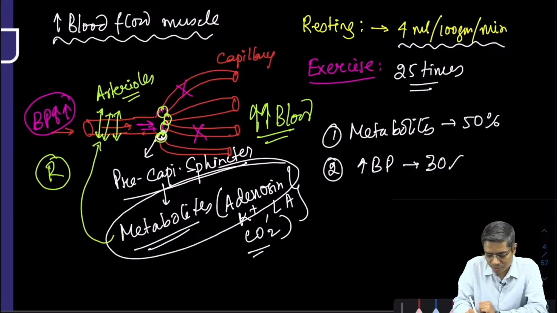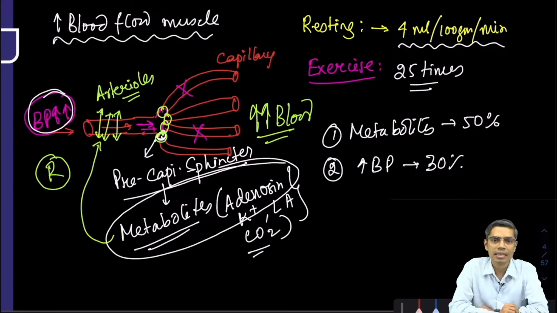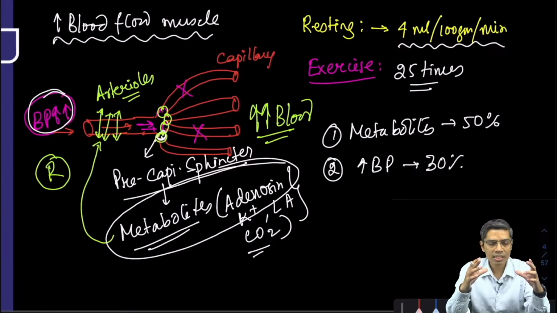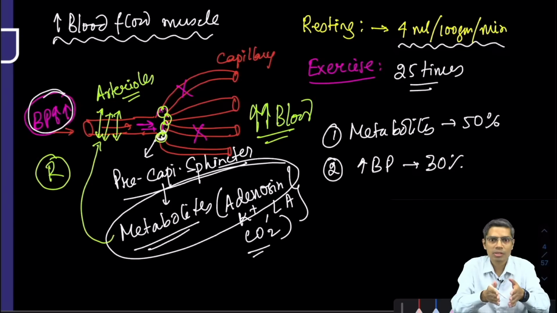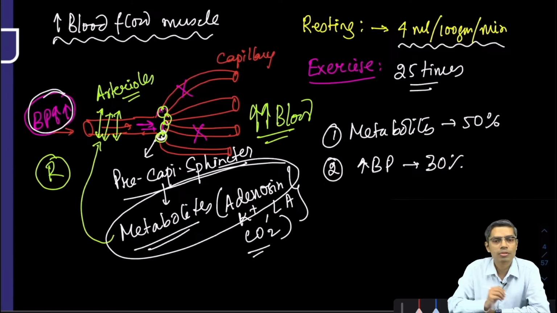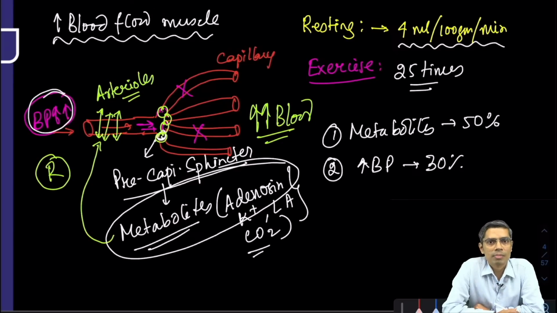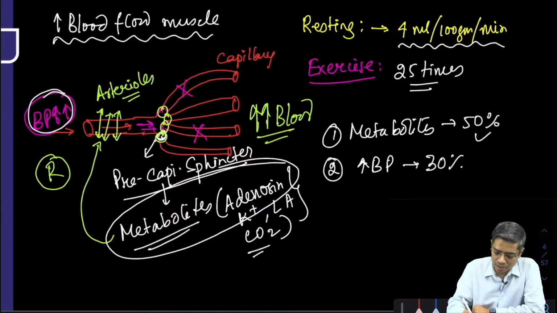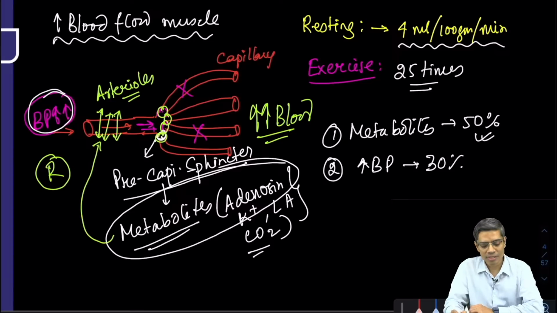30% contribution for increased blood flow to the muscles. I told you already, if your blood pressure is high, you have already dilated the arterioles and opened up the capillary. So if your blood pressure is high, the blood pressure will push more blood into the muscle. So increased blood pressure is also responsible for increasing blood flow to the muscle. But first of all, you have to open up the capillary, and that's why the maximum contribution is metabolic vasodilation,